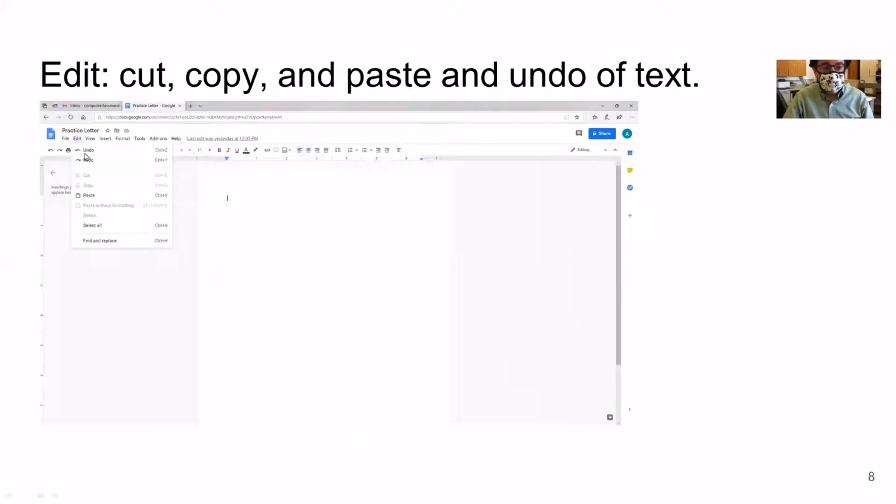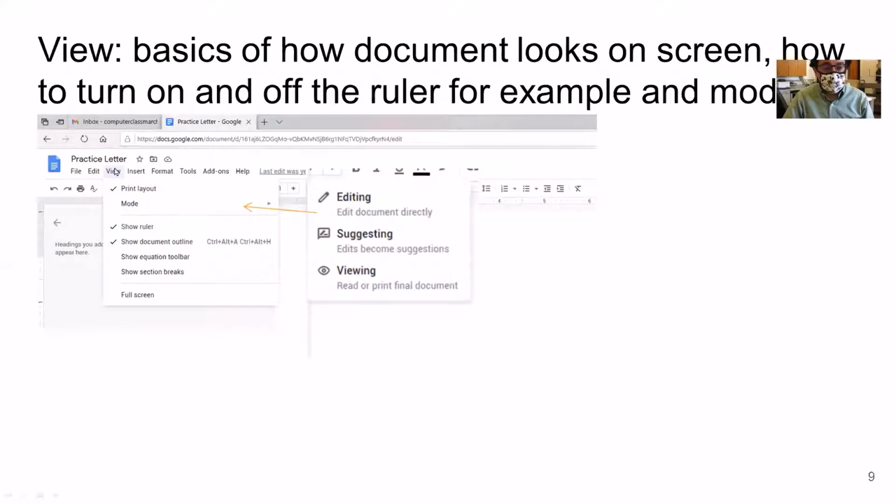You have the Edit menu, which has cut, paste, and copy. Select all, you'll find that in there. You have the View tab. The View tab allows you to be in editing mode where you just edit your document. There's something called suggesting mode, like if you're working with another group and you wanted to just make comments but not change what was there, you could be in a mode where it just makes comments and then the person looking at it could change that. Or viewing, to read or print the final document, so that's just a view mode. You're not actually editing it. So editing, commenting, and then viewing for print. I like the show ruler feature if you want to show the ruler,